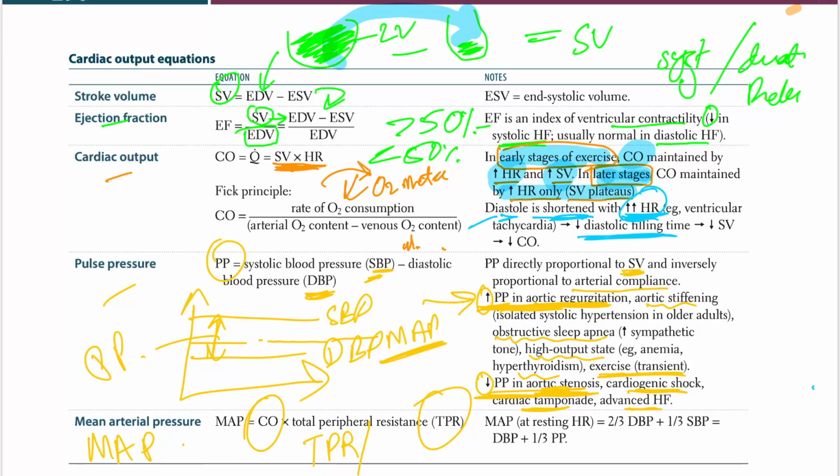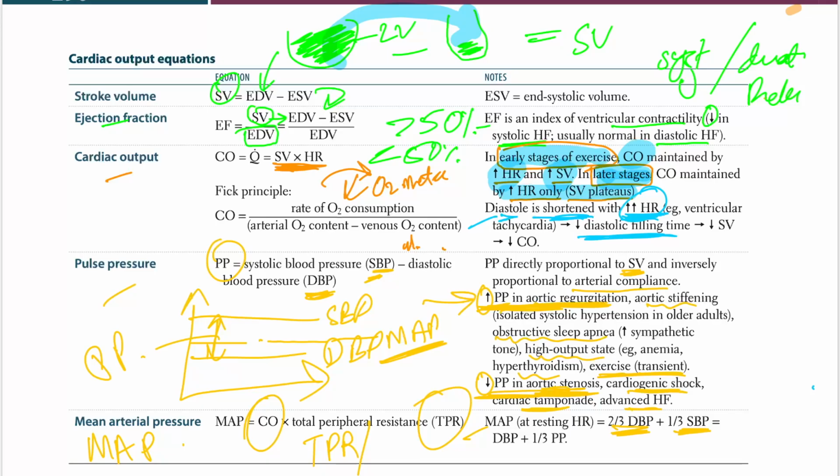And when the terminologies come up, I'll definitely talk about that. So MAP at the resting heart rate is 2/3 of the DBP plus 1/3 of the SBP. Why 2/3 DBP and why 1/3? Why not just add them together, right? Because the blood